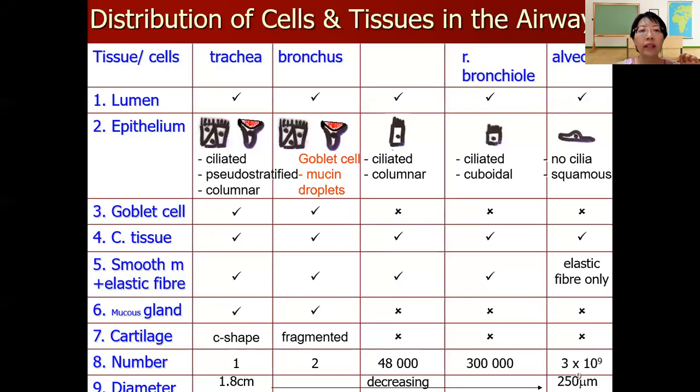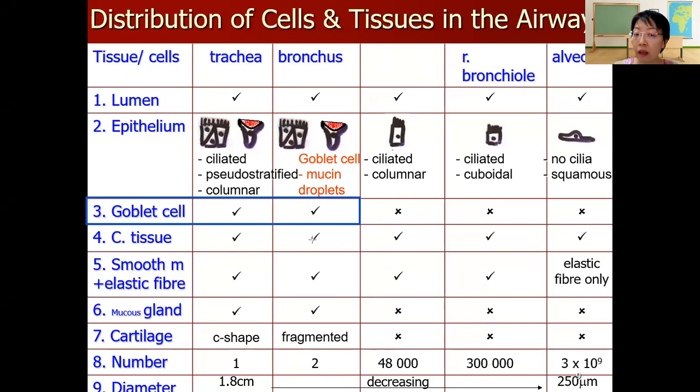We have looked at the different composition of tissues and cells in the airways, which is trachea, bronchus, bronchiole, and alveoli. So I want you to check, right? There's this common structure that we find in certain airways, so it's easy for you to remember. Whenever you have goblet cell